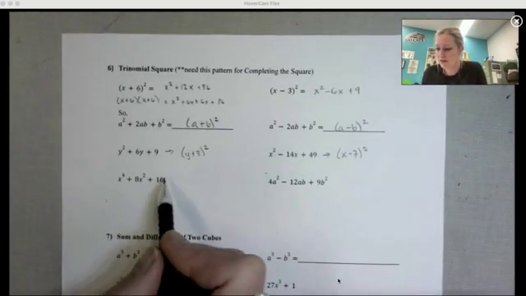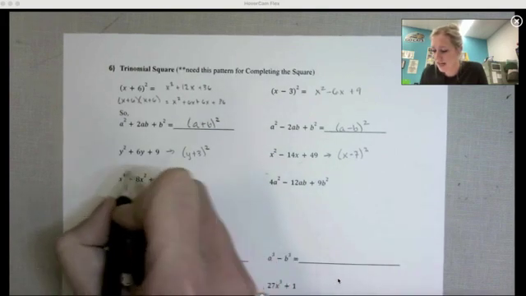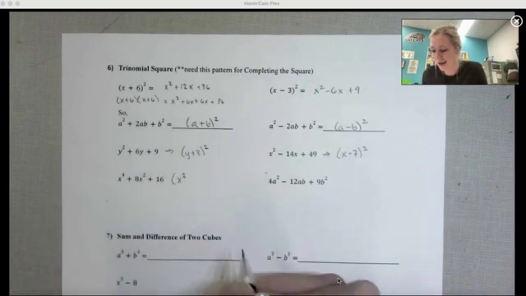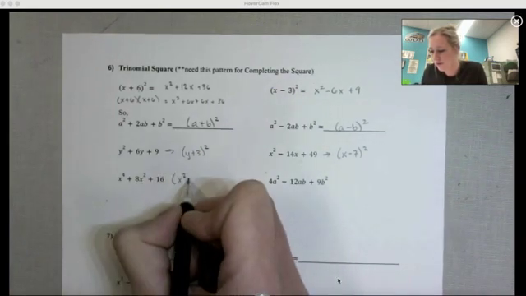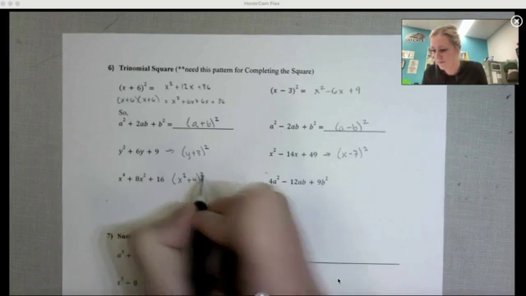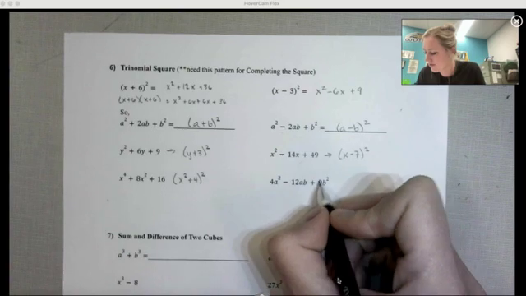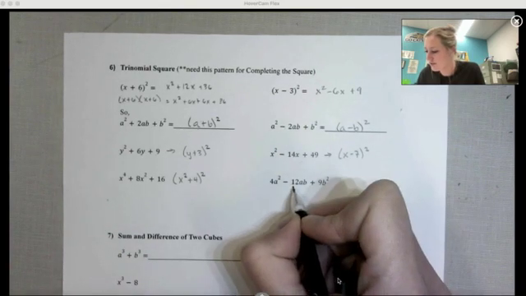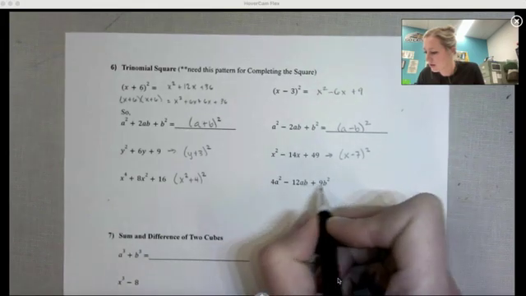Okay, numbers, that's 4 squared, that's 2 times 4, but this has an x to the fourth and x squared, so instead of just x, it's going to be x squared. And then I have 4. Okay. Here, okay, so this is 3b squared, and that's 2. Oh, and actually in this one, you guys, I do